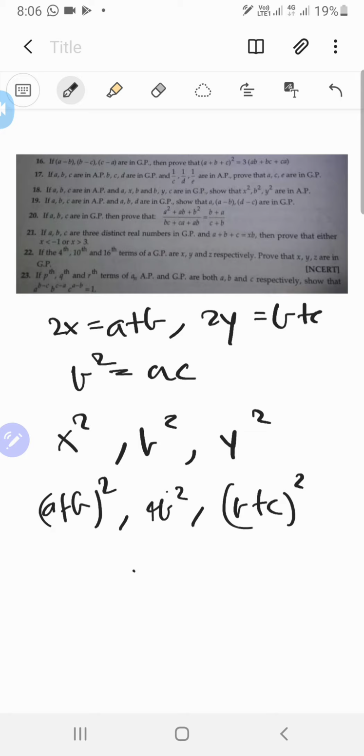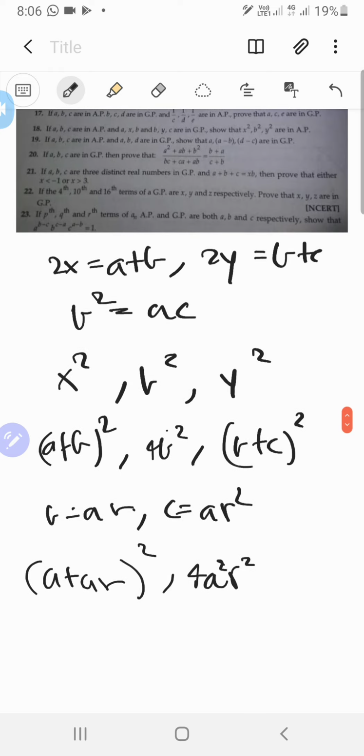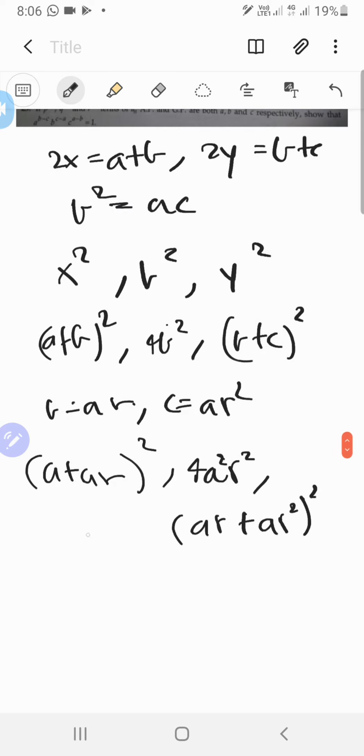Okay, so let's say that b equals AR and c equals AR squared, so maybe that will help us out. So from here we can get a plus AR whole squared, and then 4 times a squared r squared, and then AR plus AR squared whole squared. This should be an AP, which is more like saying that